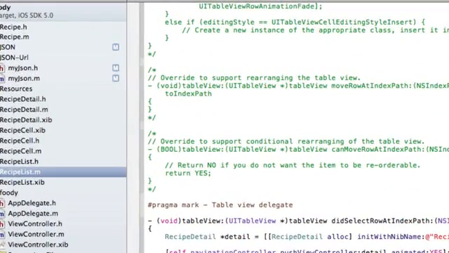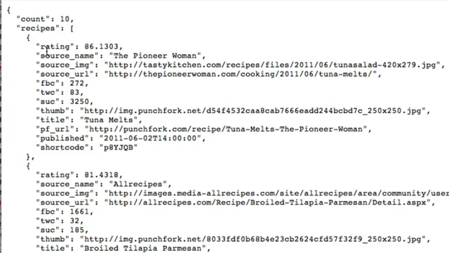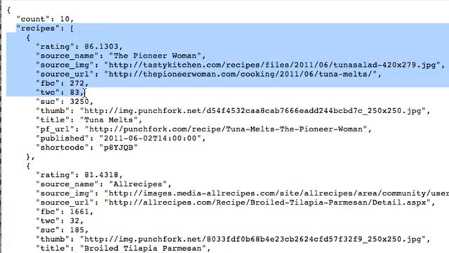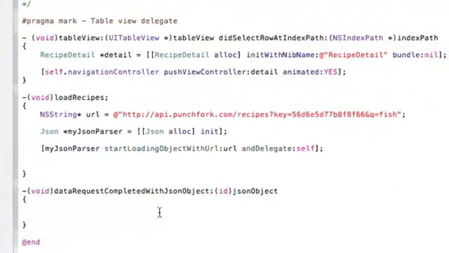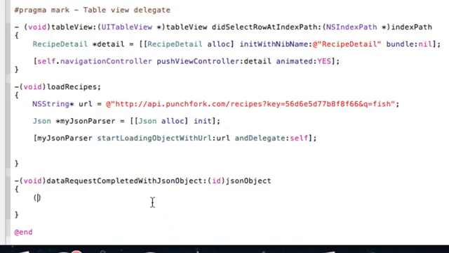Okay, so this JSON object is going to look like this. We're going to have a dictionary with two keys. The first key is going to be the count, and the second key is going to be the recipes. So now let's pull out the recipes dictionary from that JSON object. To do that, we need to say get an object for key method. So if we pass that into a JSON recipe dictionary,